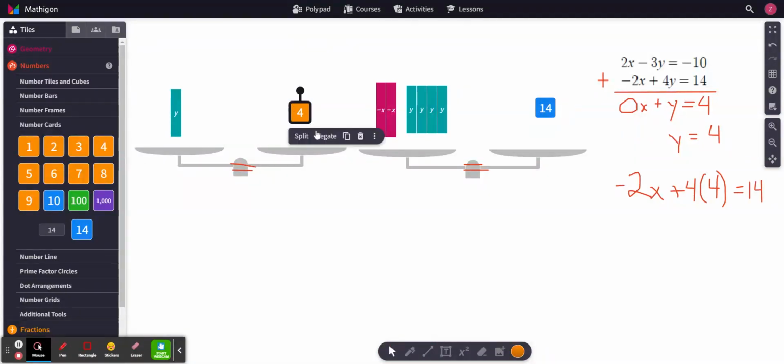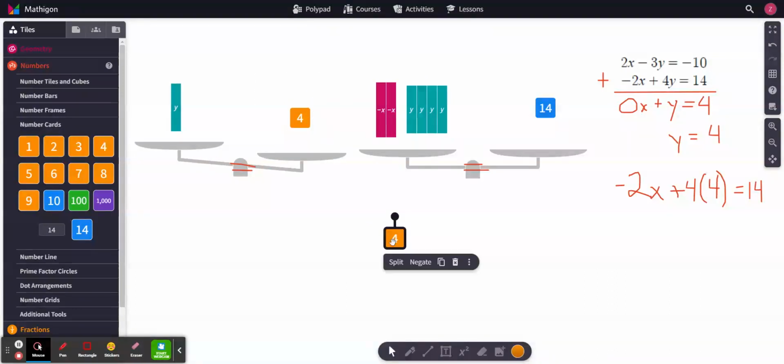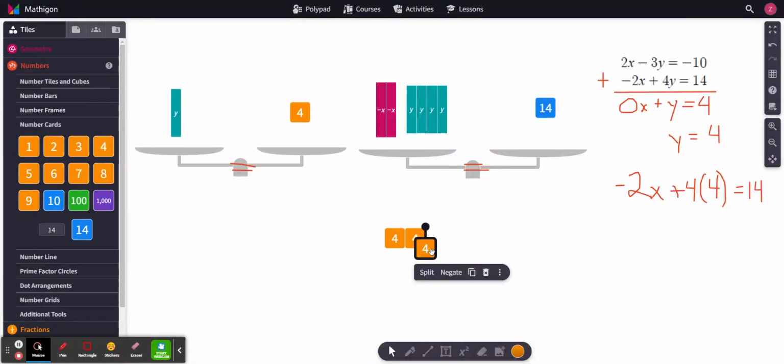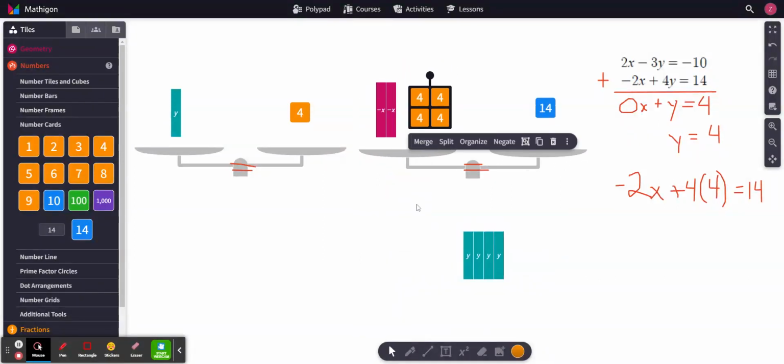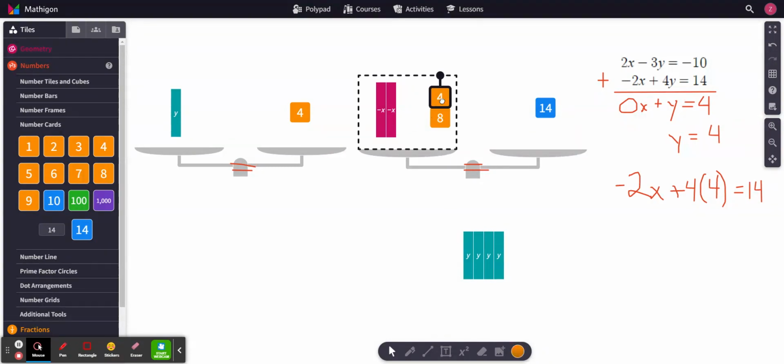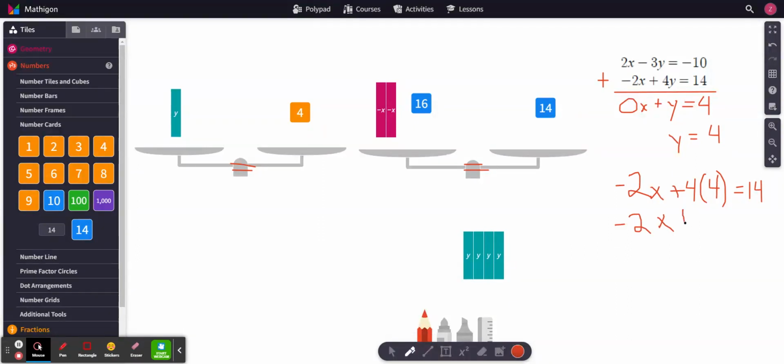So on the balance scales, that looks like this. Right, I'm going to get some 4s. I need 4 4s to replace my 4 y's, right? I am substituting 4 for y. So I take the y's away, put the 4s up there. Looks like it's still balanced, right? 4 4s, 4 times 4 is 16. Okay. So now I have negative 2x plus 16